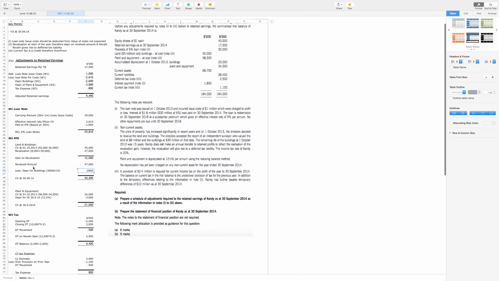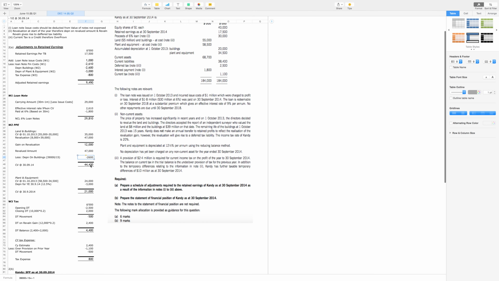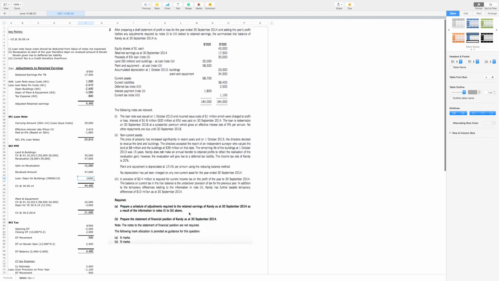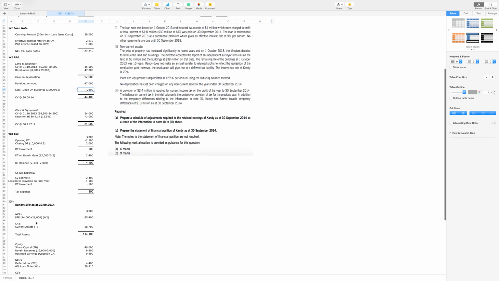In a larger question you probably expect to have receivables as your current assets separately, with cash and cash equivalents being your bank. However, in this, as this is only 9 marks, they've given you your total current assets. We know that reading through here there's no adjustments to your current assets, so it's just a straight trial balance entry. So you just enter in your current assets from your trial balance. You'd get your total assets of